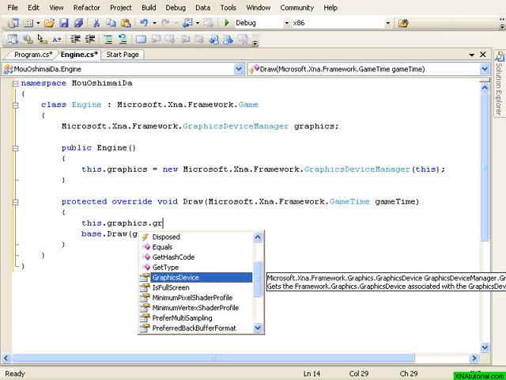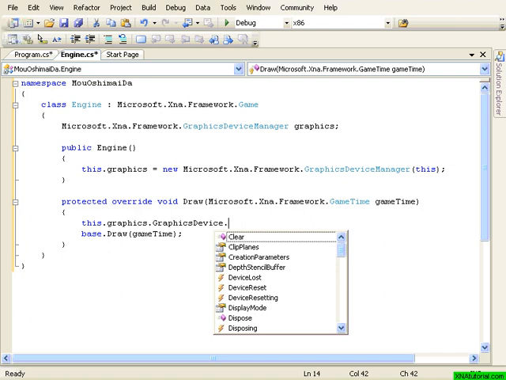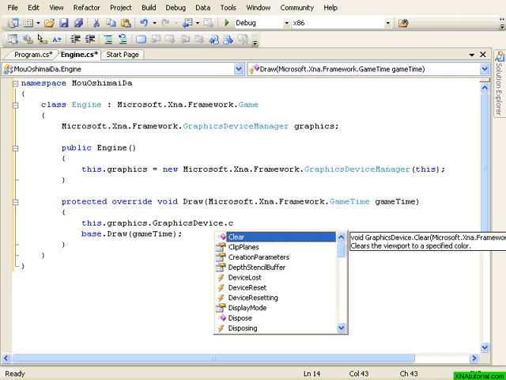And the graphics device, which takes care of the hardware, can tell the hardware to clear everything to make it nice and clean. It suggests Clear right away, so I'll hit